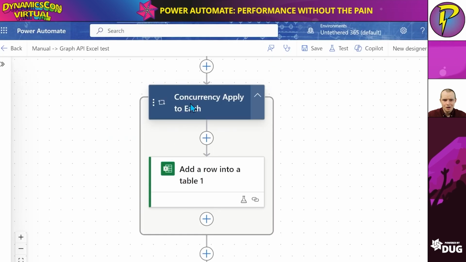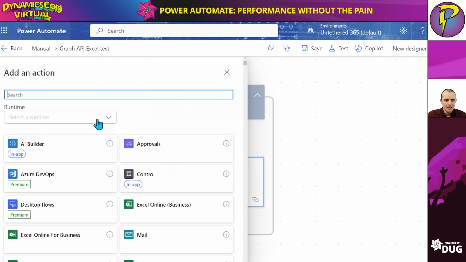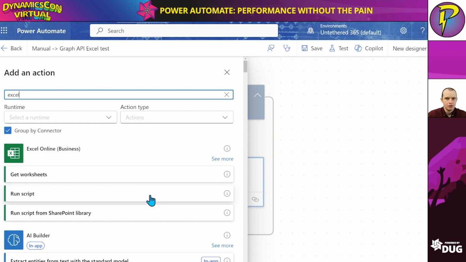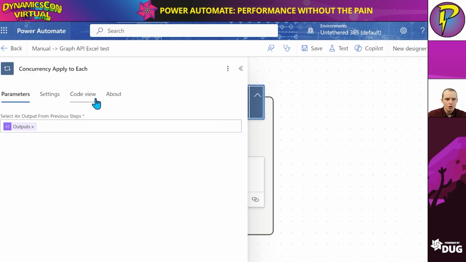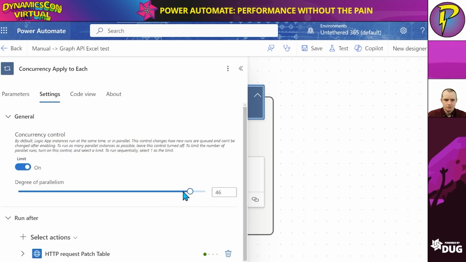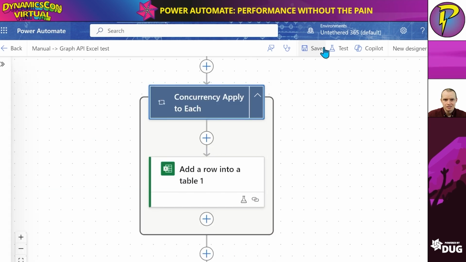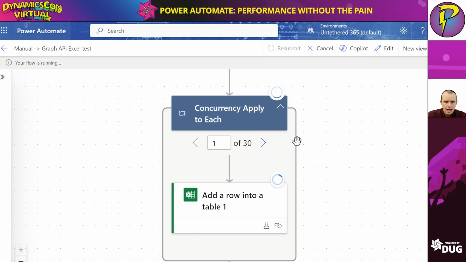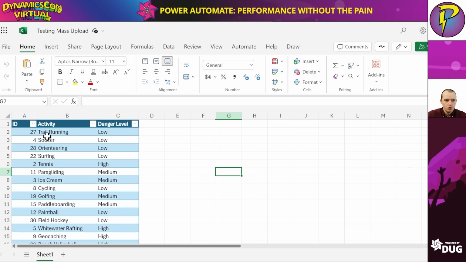I could use this apply to each and do one row at a time, because unfortunately, if I went in here and typed Excel, there's no action here that lets me batch send records. And you may be thinking, oh, but couldn't I just go into settings and turn on concurrency like this? Yeah, you could, and it seems fine, but watch what happens. If I run this in here, it'll run fairly quickly. Okay, only 4 seconds. And then if we look at our results, okay, here they are, it got populated, but